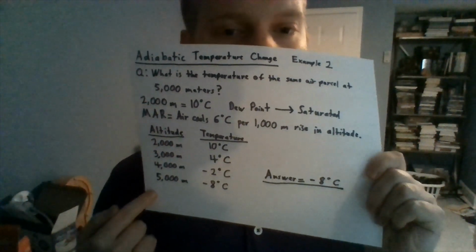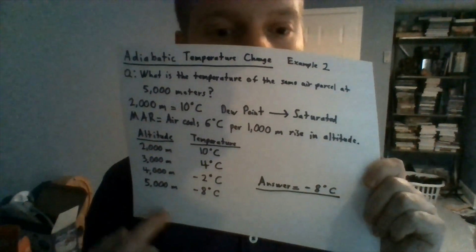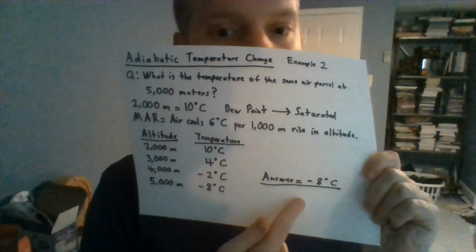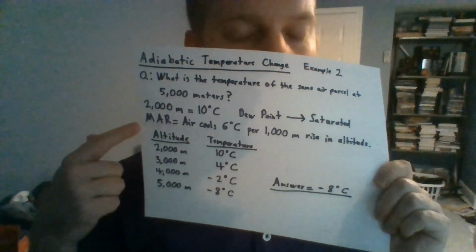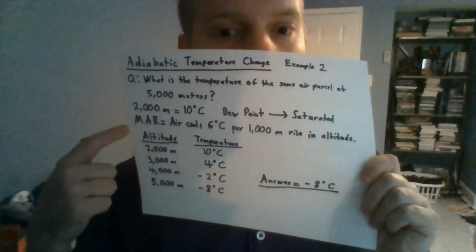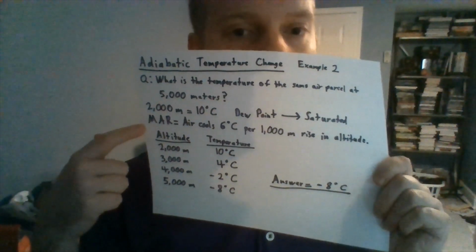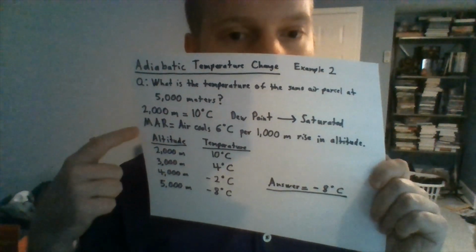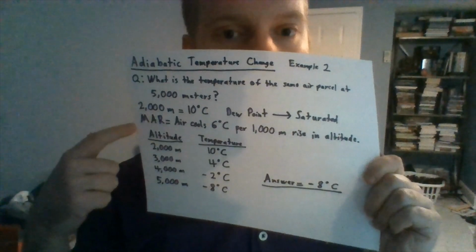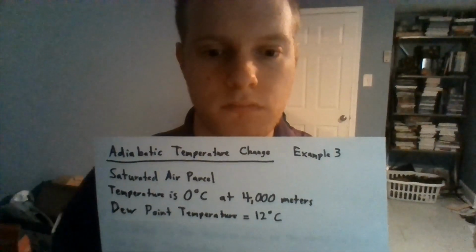So we're using the moist adiabatic rate to solve that problem because the air is saturated in this problem. Whereas in example 1, it was an unsaturated air parcel. So now our final example problem, example 3, really puts everything together, but just in reverse, and it really tests your